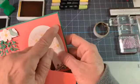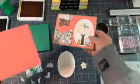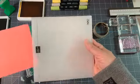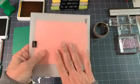But I just needed something right back there, as you can see, just to give it a little texture. So we're going to do that. I've got this little piece, and this is a Sizzix one. So if you order this, it'll come in the Stampin' Up one, and then you'll have to have the blue